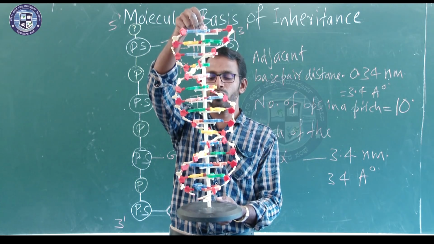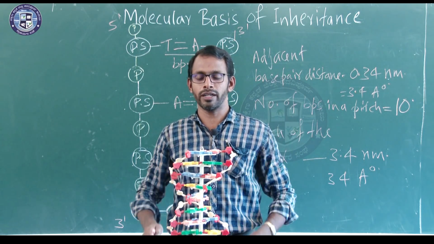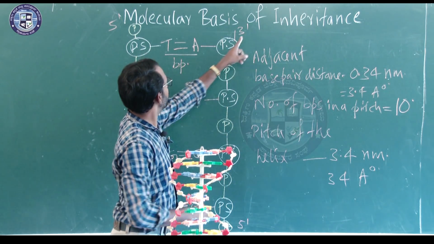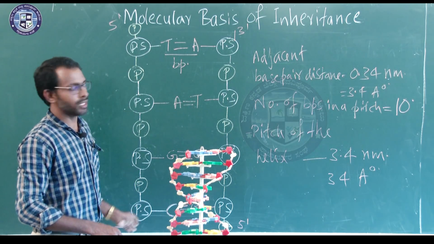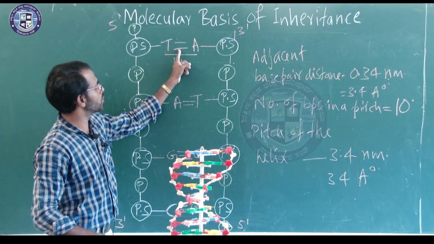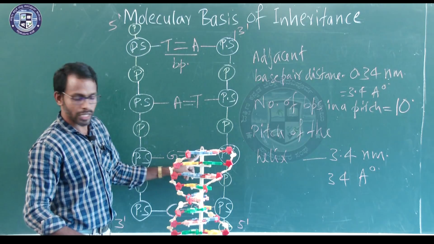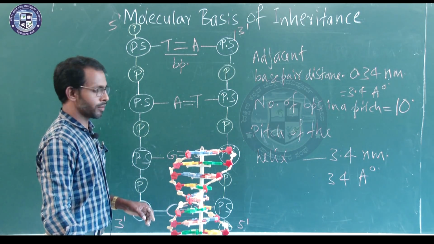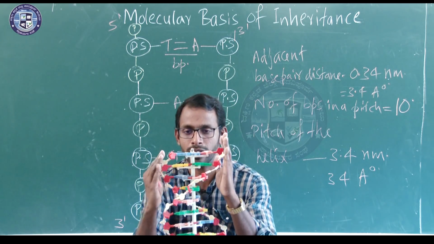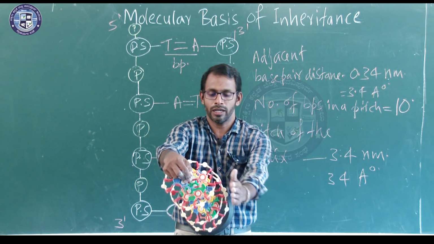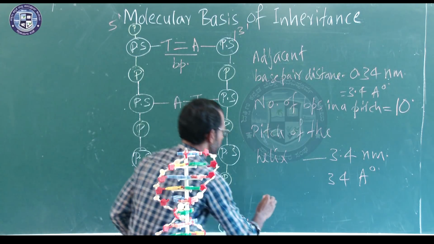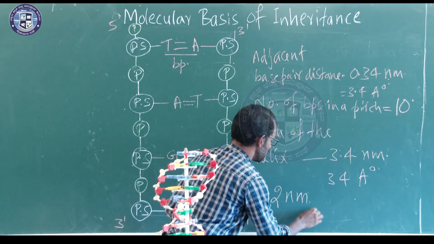So, the points to be noted are: double stranded, at the same time anti-parallel, with the opposite polarity, with a purine always pairing with a pyrimidine, that is T with A with 2 hydrogen bonds and G with C with the help of 3 hydrogen bonds, and at the same time when they form this spiral structure, they will also maintain a constant radius of 2 nanometer or 20 angstrom as a radius.